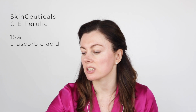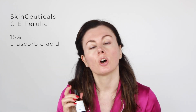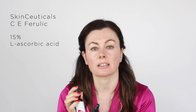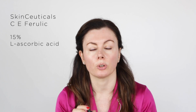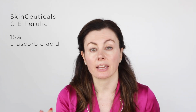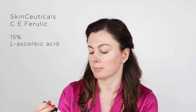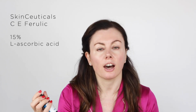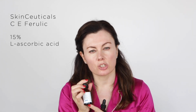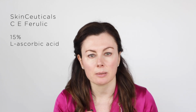Now I was going to use the new version, which is the Silymarin CF, also 15% L-ascorbic acid, but also has this interesting ingredient, Silymarin, which is derived from milk thistle, which you might be more familiar with in the context of it being something that we take orally to help detoxify, particularly after a big night. So it's meant to help with recovery from too much alcohol. However, they've made this one to target blemish-prone anti-aging concerned skin, so it's got a tiny bit of salicylic acid